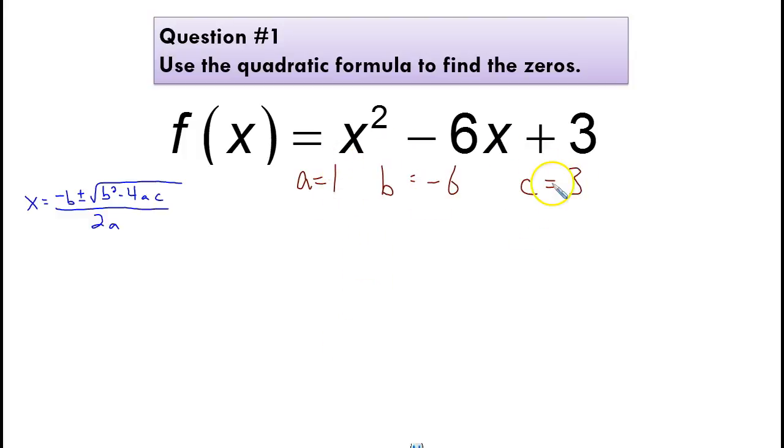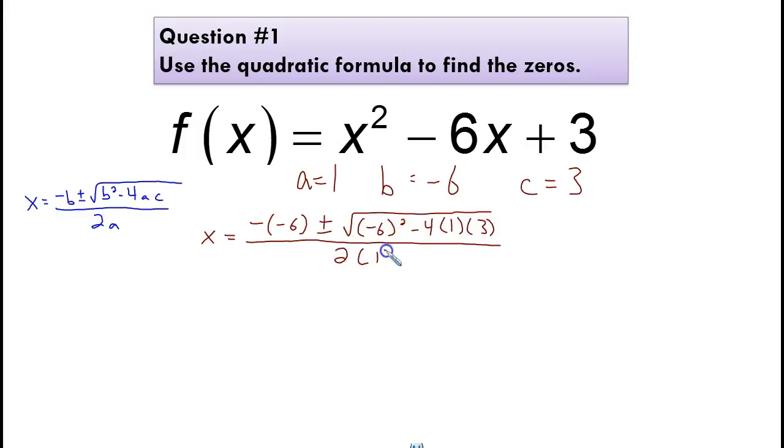From here, we take those numbers, and in the formula, which I've got over here on the left, we're going to plug in those numbers for the letters, making sure that all the signs and symbols are exactly the way they're in the formula, but any number that I have over here, I plug it in. So I start with negative b. Well, that's negative, and then I'm plugging in a negative 6. So remember to put that negative 6 in parentheses so that you can see it's minus a negative 6. Plus or minus the square root of b squared. I'm again putting this in parentheses so your calculator calculates it correctly if you use your calculator. Minus 4 times 1 times 3. And all of this is over